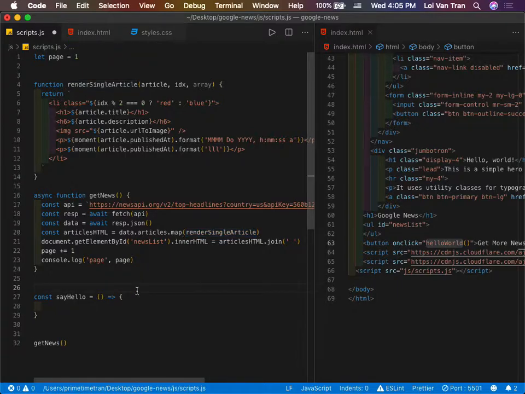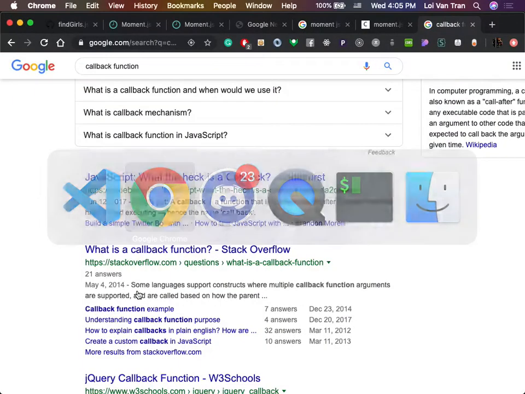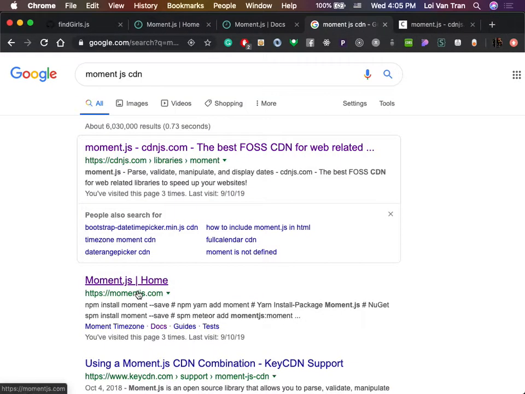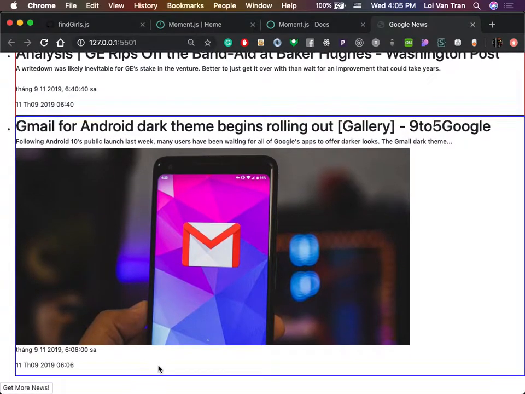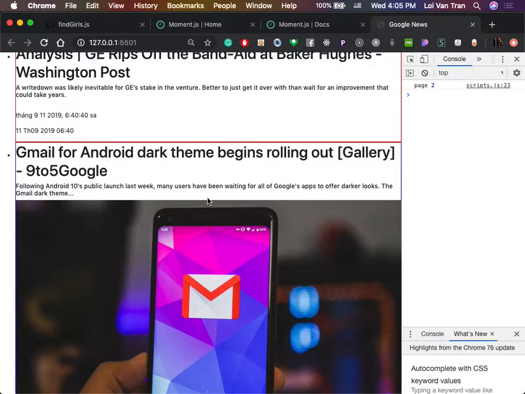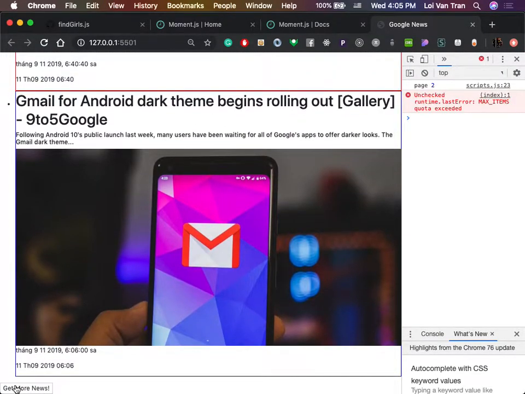So anyway, what was the original thing we're doing? Okay, yeah, we're testing say hello. So the original problem that we had was that whenever we went to our website and we got to the bottom, we had read all of our news articles and we wanted to get more. We did not know how to do that. But then we added a button and then we added